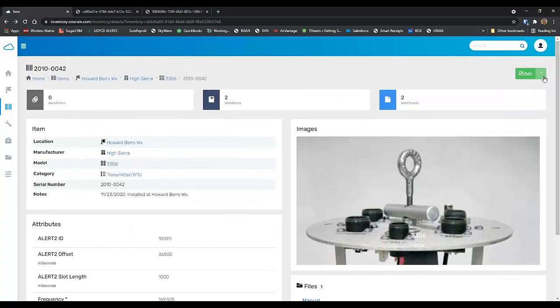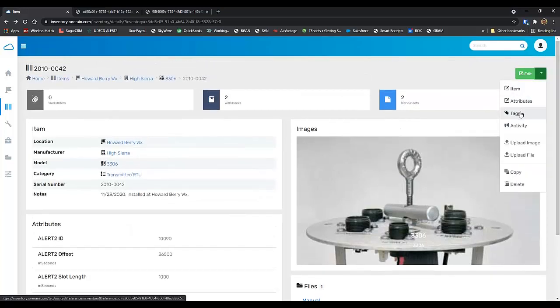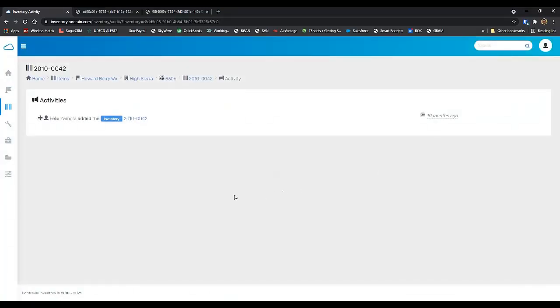Also, things to note, inventory location is tags, activity. Activity is to know the history. This is a newer site. It was just added and installed 10 months ago, so not much activity here. We see Felix Zamora, so we know who added this inventory item 10 months ago. To kind of give you an example of where activity